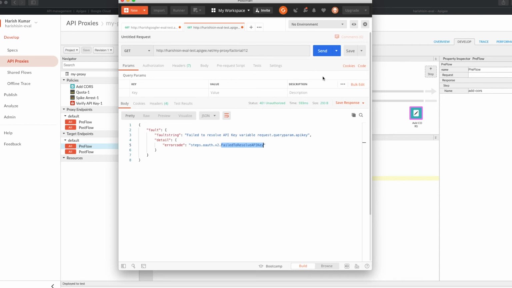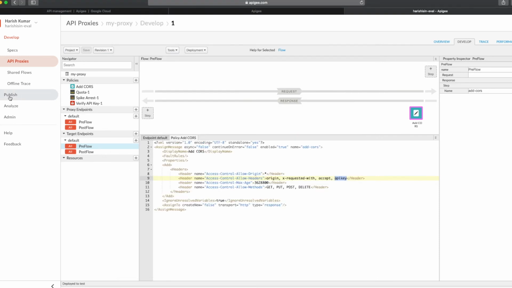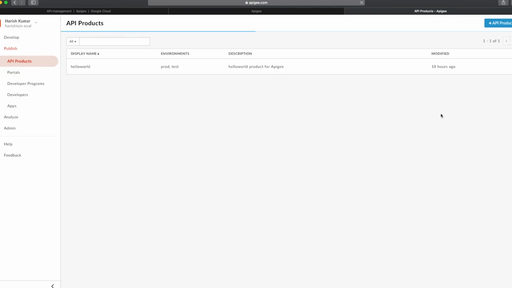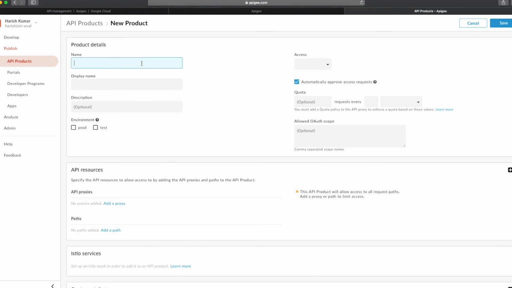Now how to get that API key? We need to create an API product here. So we are going to go back to this publish, and we are going to create an API product. It's taking some time to open. So now let's click on API product and add a new product. Let's call it my API product,